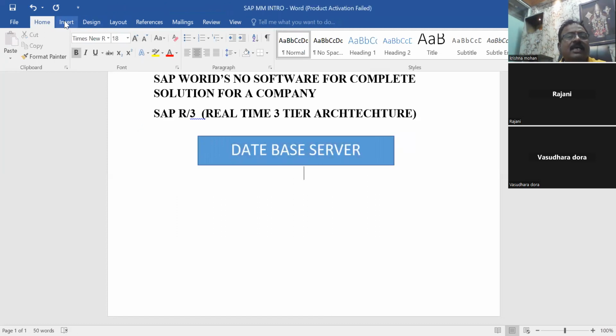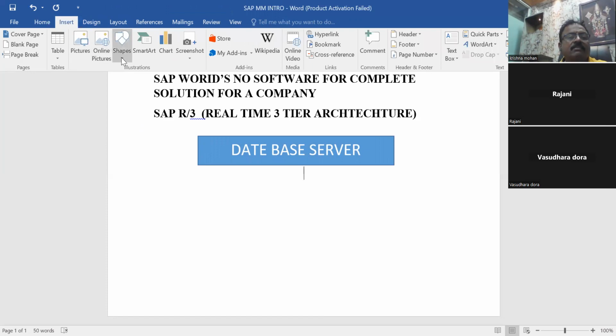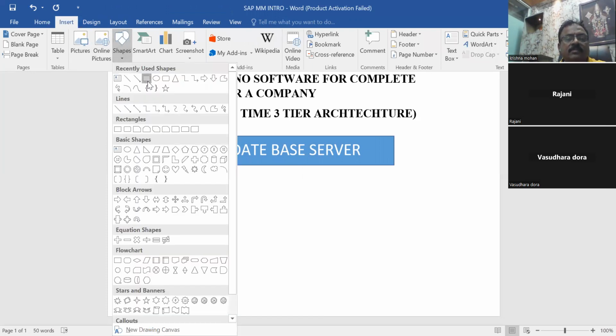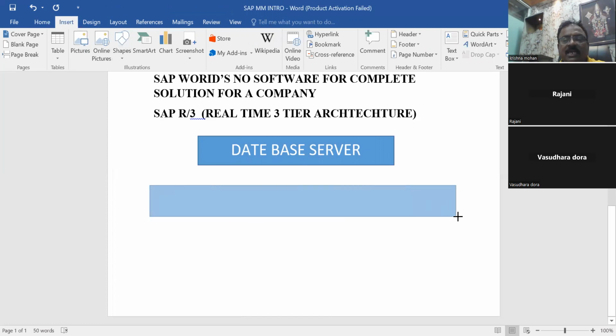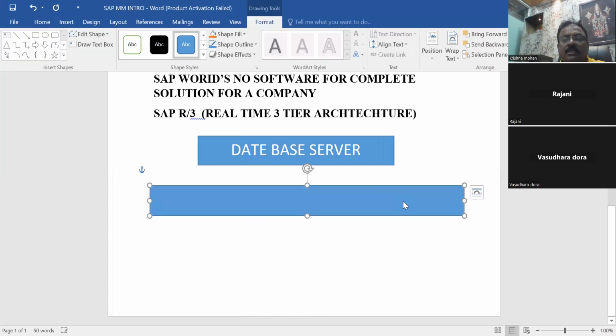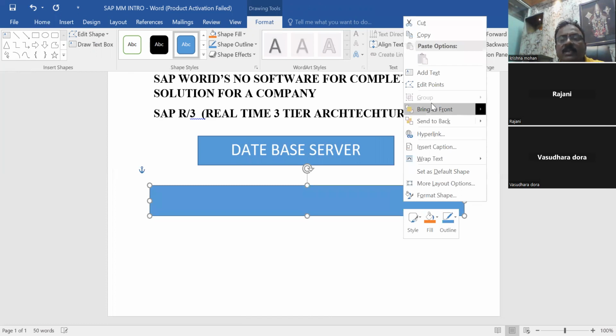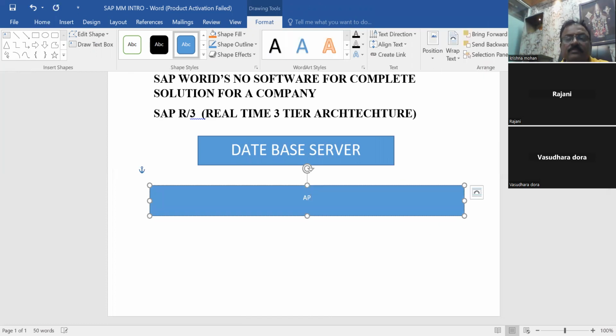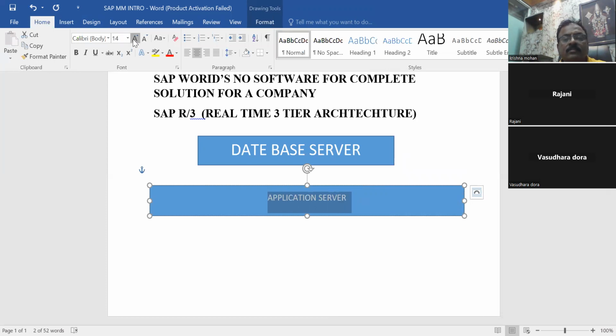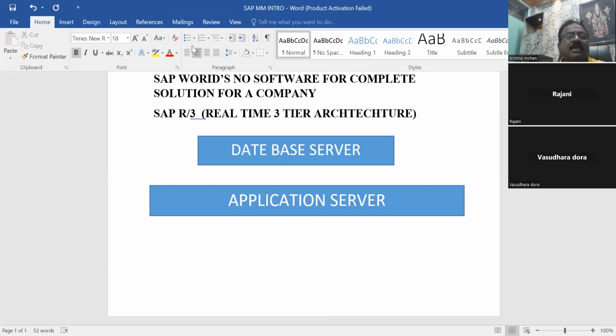Another server, let me take, is the application server.